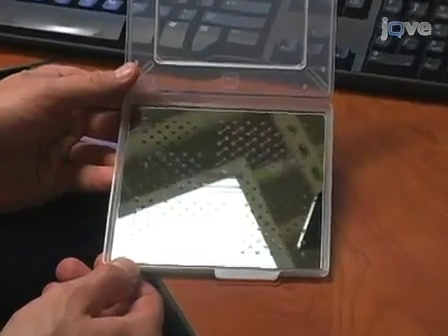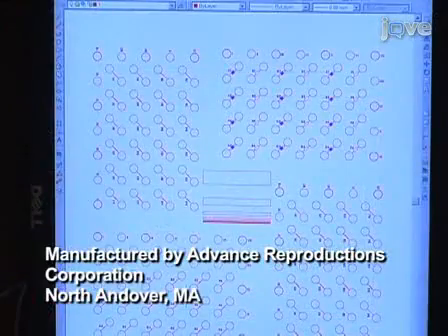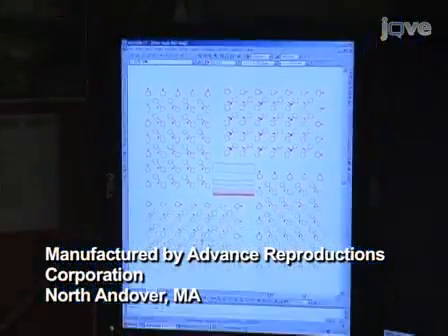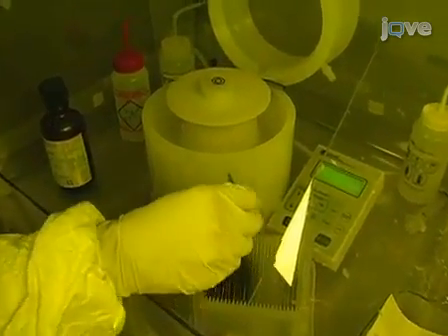From the CAD drawing, a photographic mask is created. We use a chromium mask, manufactured by Advanced Reproductions Corporation, North Andover, Massachusetts. The next several steps of microfluidic device production take place in a clean room. To create a master, a clean silicon wafer is coated with